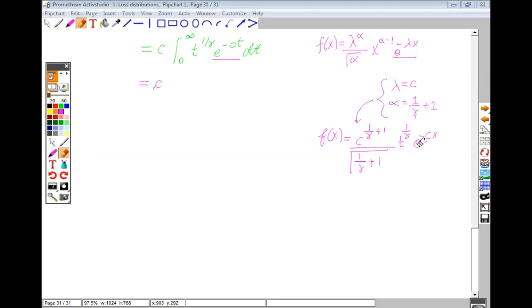If you always try to write what exactly you want, that will help you devise whatever should be done here easily. So now what should I be doing? It would be e raised to minus ct. E raised to minus ct. Perfect. And this will be f of t, right? Not f of x anymore.